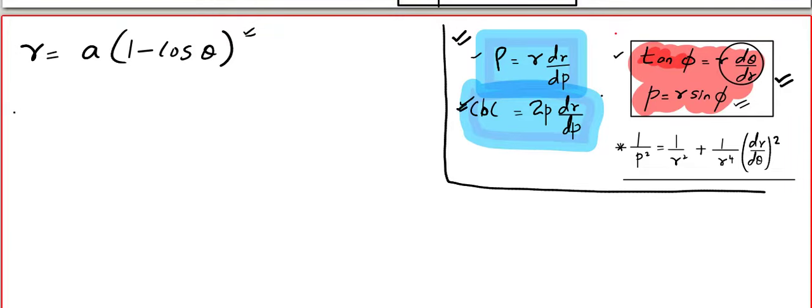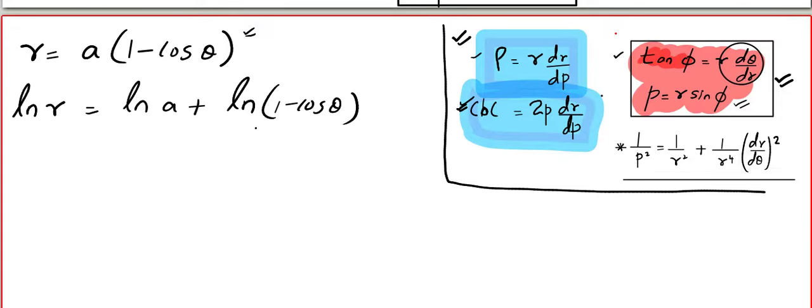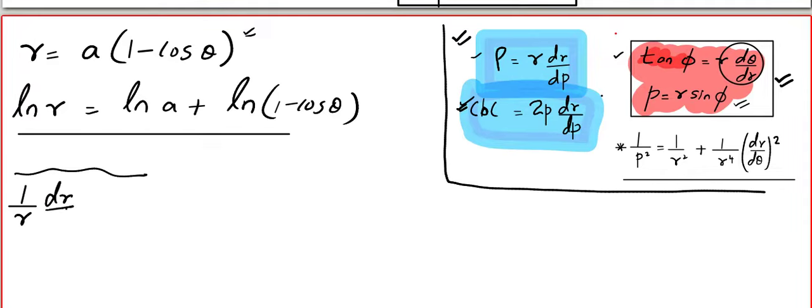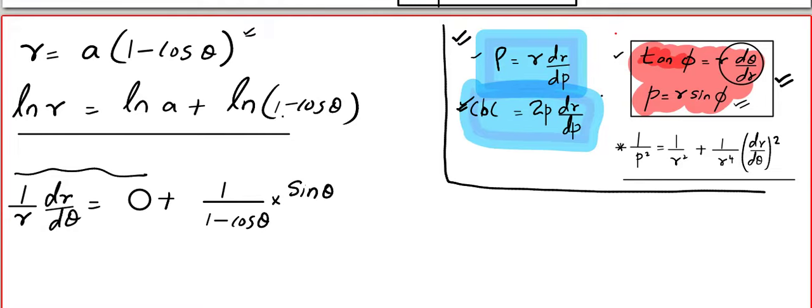Anyway, my opinion is to take logarithm first. So I am going to take logarithm. So that gives me log a plus log of 1 minus cos theta. Okay, what is the reason I took logarithm? You will understand very soon. So I am going to write, differentiating with respect to theta, 1 by r dr by d theta is equal to 0 plus, what is log something, 1 by 1 minus cos theta times sin theta. Because the derivative of 1 minus cos theta will be minus minus, which is plus sin theta.